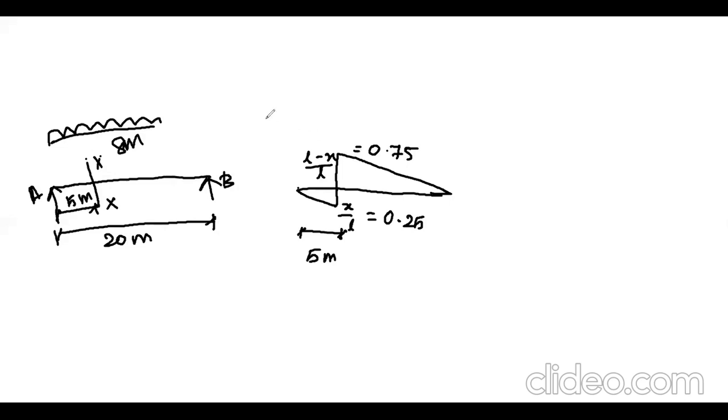For maximum positive shear force, we have already discussed that we should place the tail of the UDL over this portion. Here the span is 15 meter. This is an 8 meter load. Now what I am going to get is the maximum negative shear force: load intensity into the area of the ILD under the load. The load intensity is 10. The area of the influence line diagram is triangular in shape, so we can obtain the value easily.